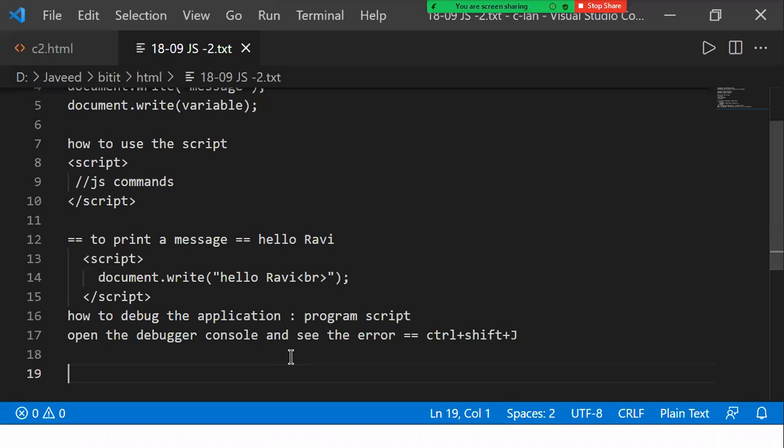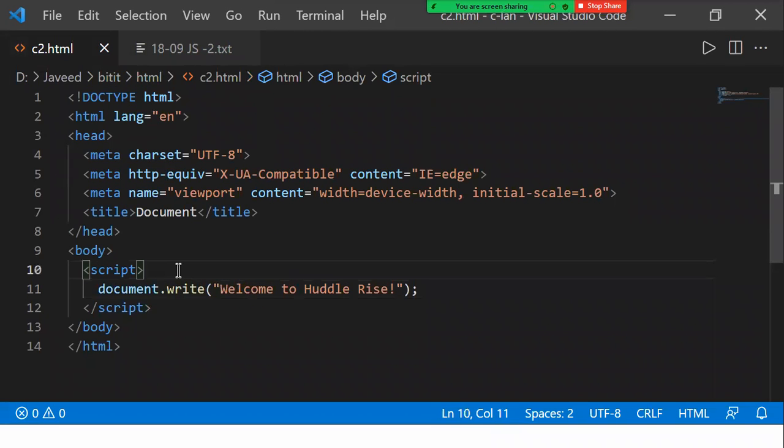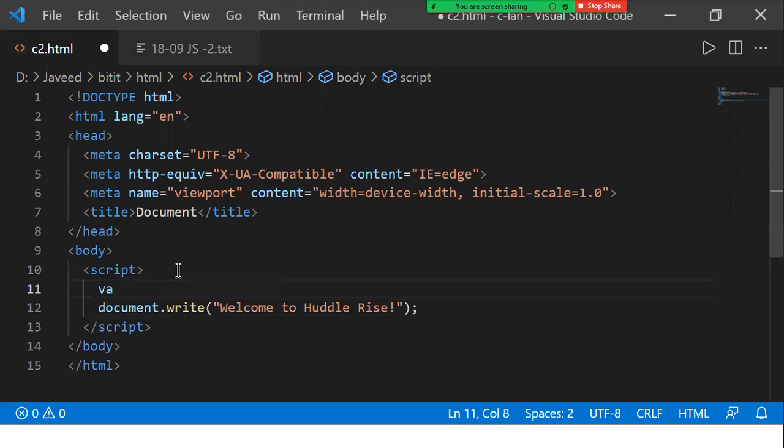Now, there is a simple thing, the document dot write. Now I want to do some variable declaration. So I'll use a keyword called var, and make a variable declaration. Say I'm using a variable called k, and I write k semicolon. If I'm declaring just the variable, this variable will have a value called undefined. What do we mean by the undefined value? It means you have not put any value into it. By default in JavaScript, when you declare a variable, it will have an undefined value.